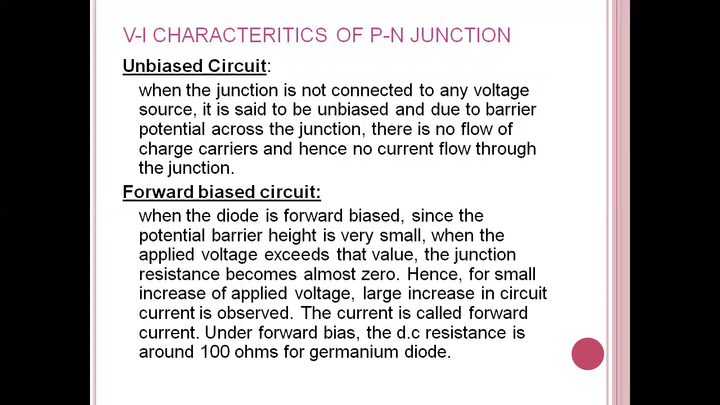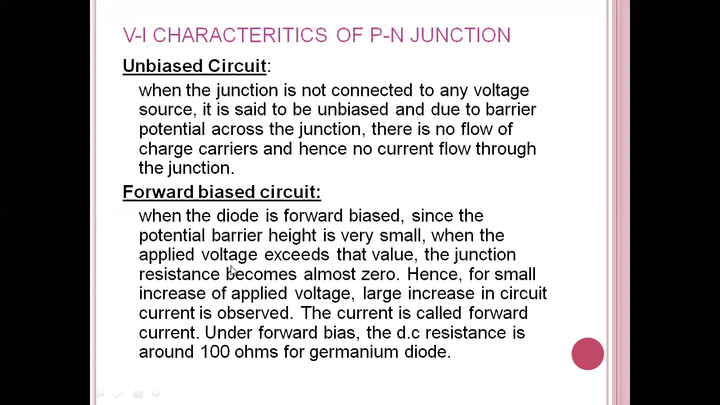Coming to the VI characteristics of P-N junction, in the unbiased condition, as we are not supposed to give any external energy to the junction, there is no flow of carriers. Hence, there is no current flow through the junction. Whereas in the forward bias circuit,